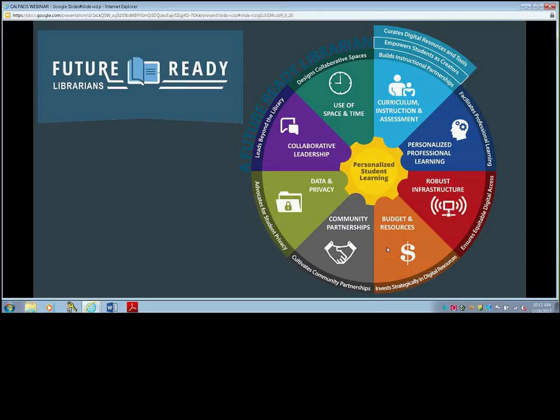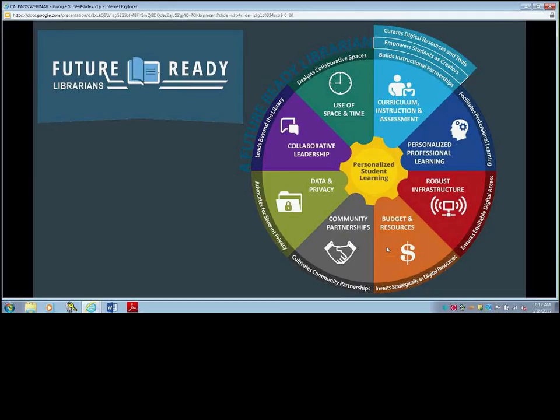And what I love about this particular graphic is it really puts our content area in the middle. And many people don't think of teacher librarians having a content area. But if there was a content area that we had, it's not science per se that we support science. It's not ELA that we support ELA. It's the personalized learning of the student. What does the student care about? And that's so critically important. And this speaks to relevance.